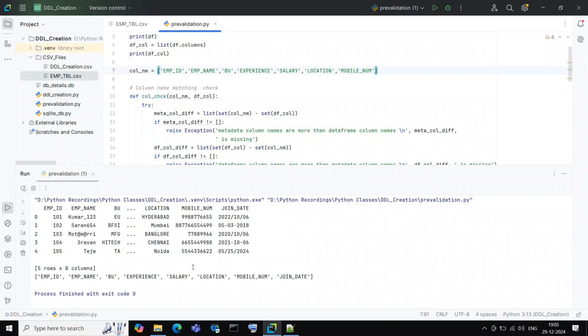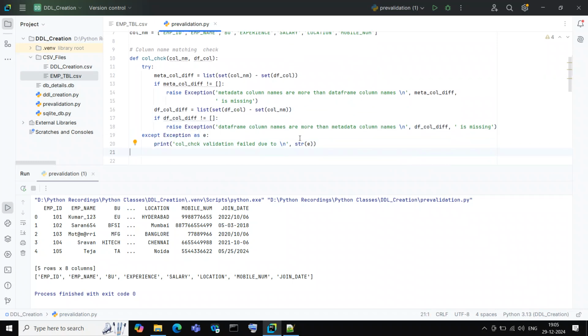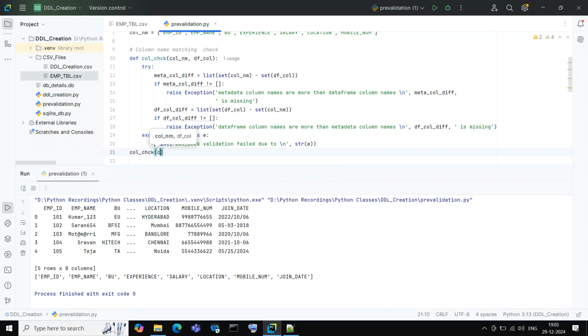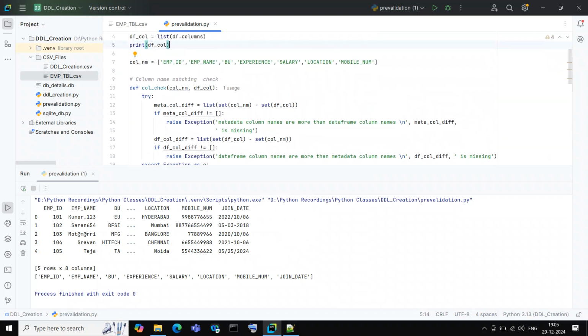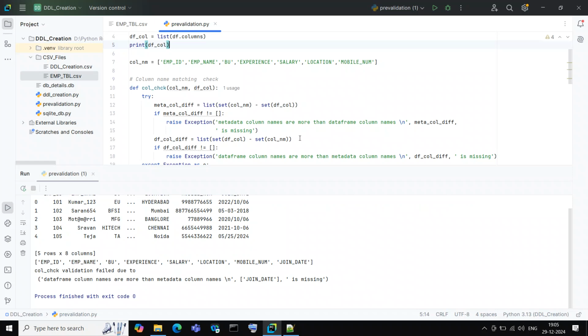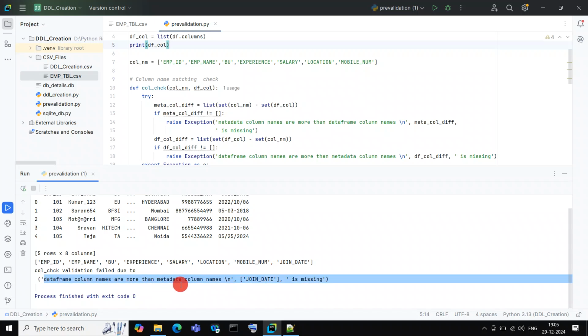Okay, if you see, I need to call this code first. Call check of column name and then df call. So df call is the data frame call and then column name is my metadata call. Okay, metadata columns. See, column check validation failed because data frame columns are more than metadata columns and join